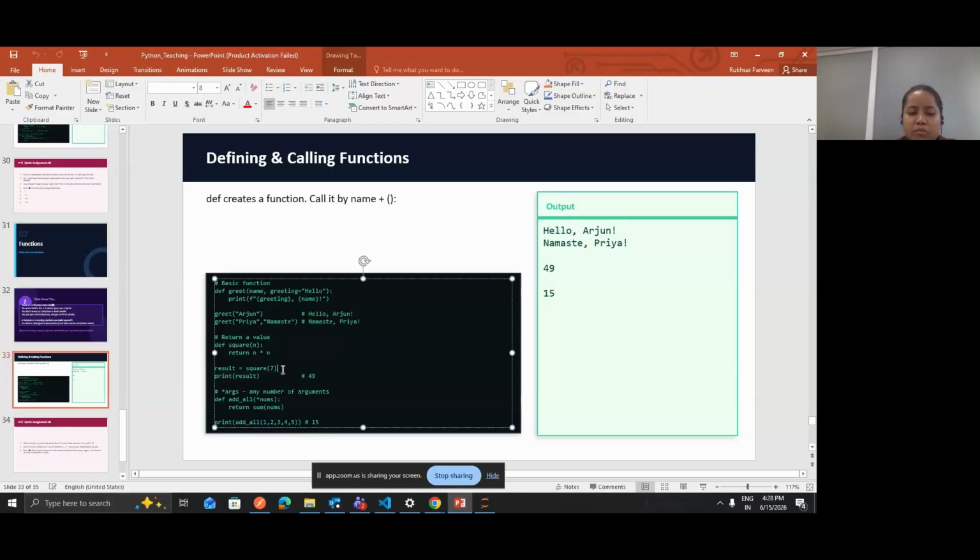Okay, so for example, here if I try to call this function, I'm calling it and passing the value of n as 7. What will happen is this 7 will go in and it will perform 7 into 7, which will become 49, and it will return 49. Here, whatever value it is returning, we are capturing inside this return variable, and then this return variable is being printed here.